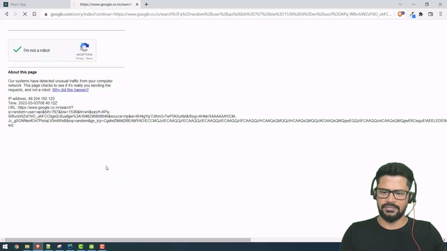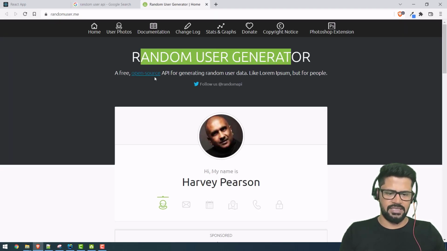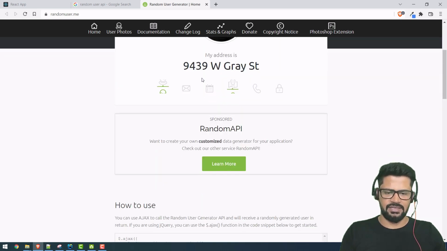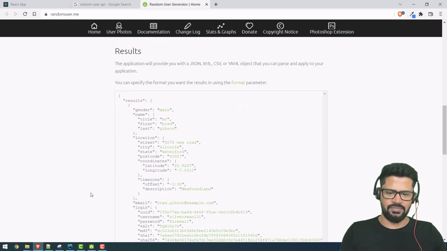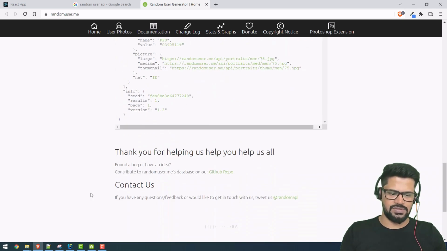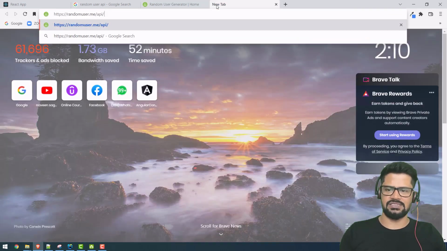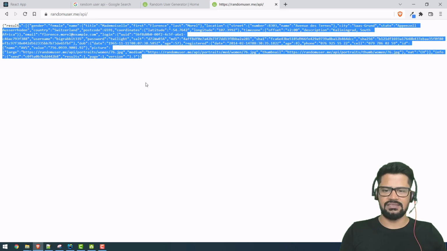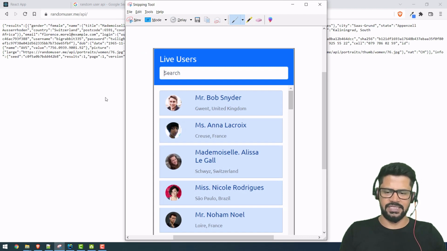Okay, so random user API. This is the random user website where you can find random users people data. So you can make an HTTP request to this particular URL so that you'll be getting data in this format. Okay, and which also have options. For example, if I copy this and if I paste in here, see you get one person data. If you want to get multiple records, because I need to have multiple people's data, not just one person,